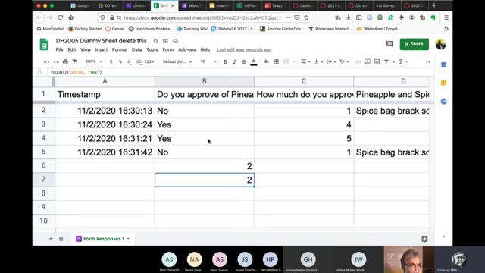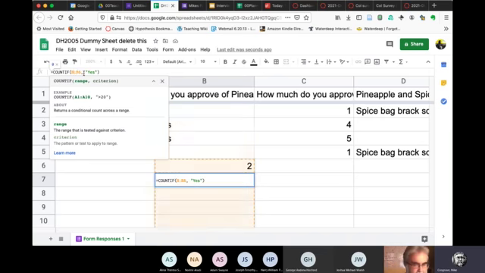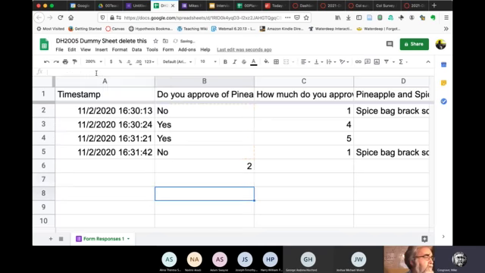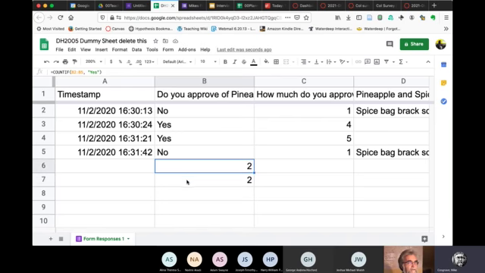So I don't want to move it down. I actually want this to be B2 to B5, and I don't want them to count the yeses because what I want to count, in fact, here is not the yeses, but the no's. Oops. Boom. Right? So I can now count yes and count no's. You can use the same principle to count the number of answers, which are 1, 2, 3, 4, 5 in this, which you can then turn into a graph.